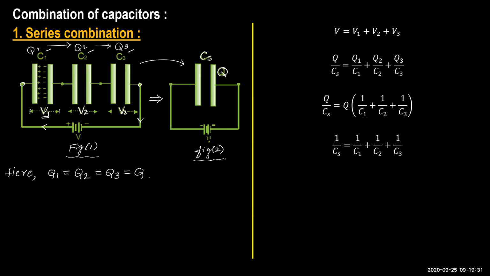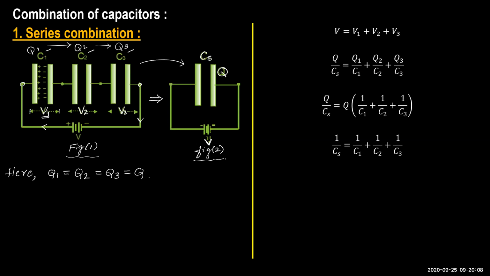Right? What is this CS? CS is the equivalent capacitance of the series combination of two or more capacitors. I cannot write that sentence now, just remember it is the equivalent capacitance of the series combination. Right? Of course, the potential difference will be V only. In this second circuit also, the potential difference is V.